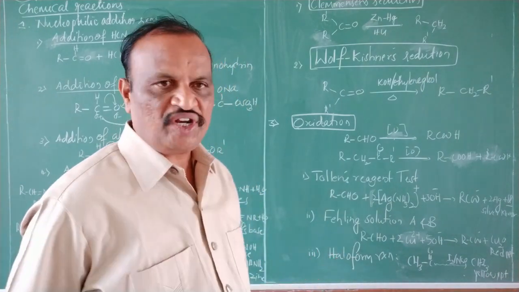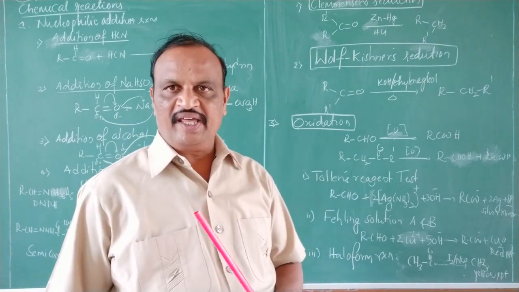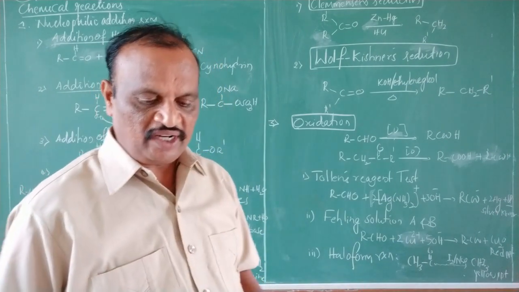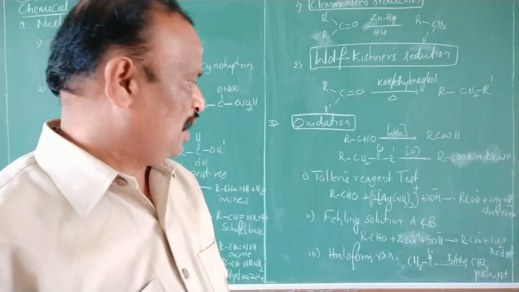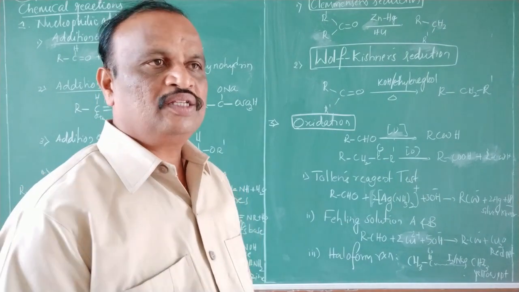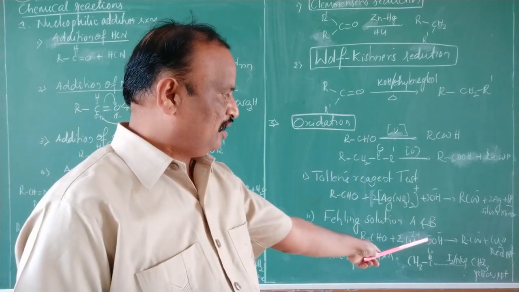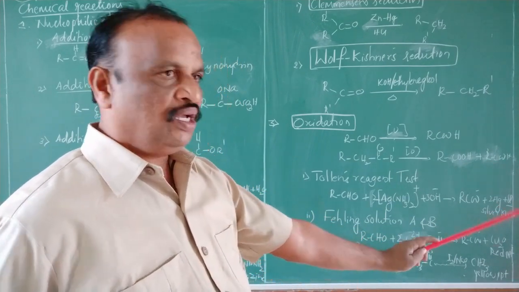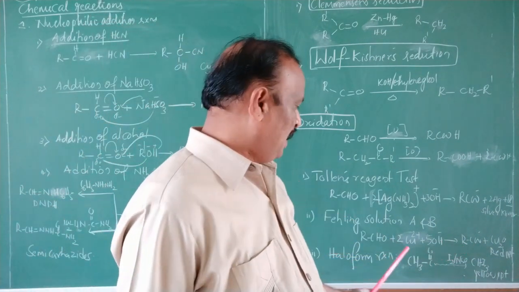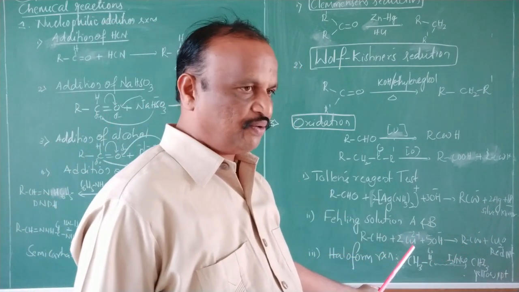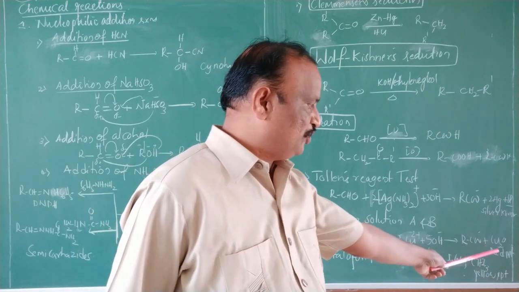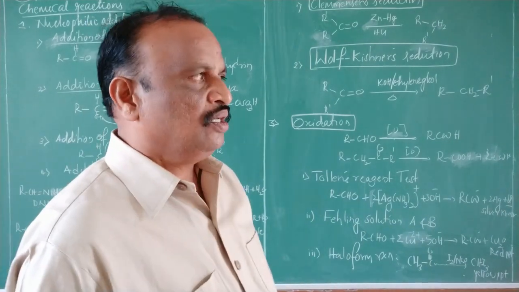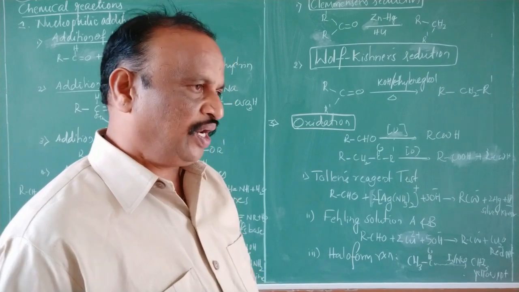Another one is Fehling solution A and B. Take a sample of aldehyde, and to that you add Fehling solution A and B. Fehling solution A contains copper ions, and B is a mixture of tartrate solution and other components, which will give hydroxide ions. So aldehydes will be converted into a salt of an acid, and copper ions from that solution get reduced and form Cu2O, which gives a reddish brown precipitate. That's how aldehydes give these two reactions.